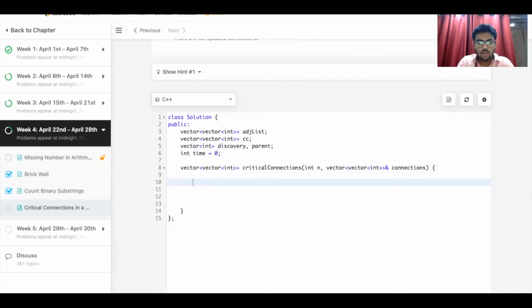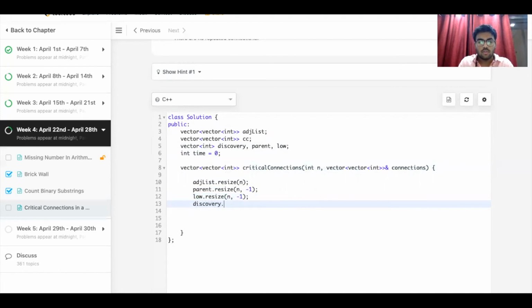For storing it, we first need to resize the list, resize n, then parent dot resize to n minus 1. We'll also make a low vector, so low dot resize to n minus 1, and discovery should also be resize to n minus 1. Time is already 0. So let's now fill the adjacency list.